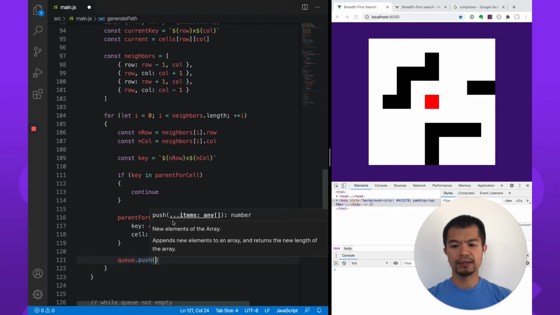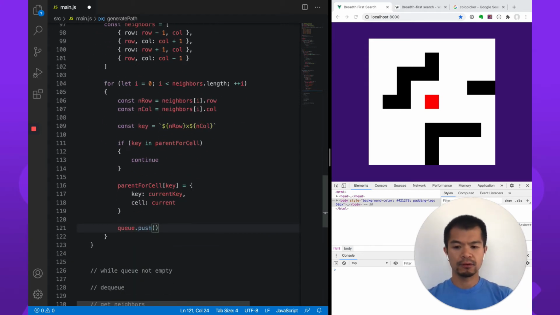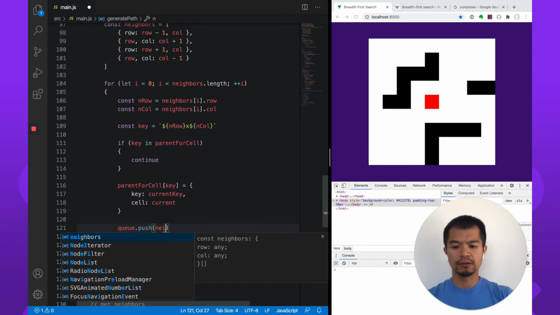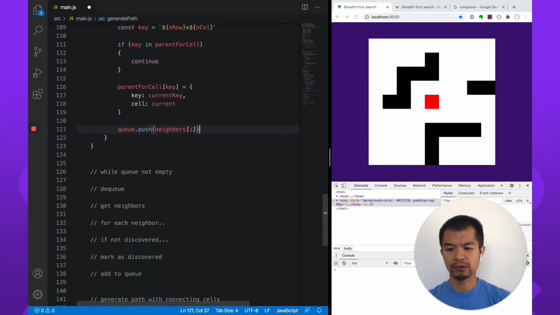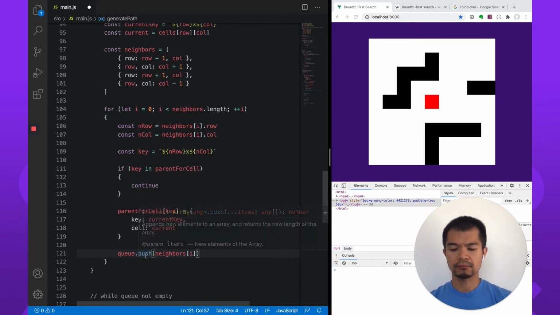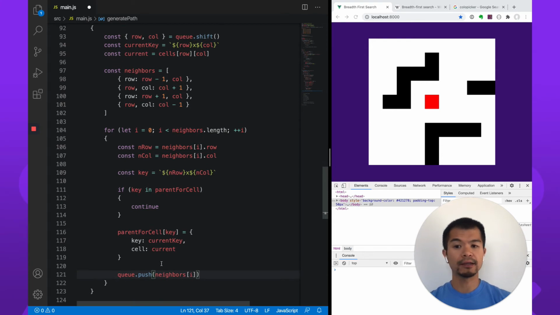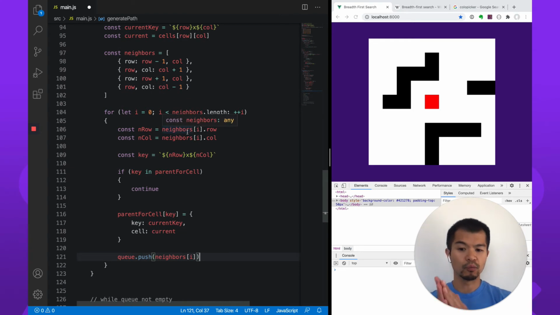And so now neighbor's I, that gives us that. So what was in this queue again? This queue had row and column. Okay. So I think we can actually just do neighbors I. Right, so now we've pushed the current neighbor, and that's what we're supposed to be doing. Mark discovered at queue. Okay. Done that. Now it's going to go back into this while loop, and the queue will after it goes to all neighbors. Okay, so there is one problem here, and that is when we do this,